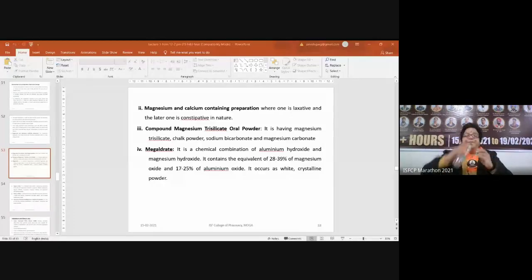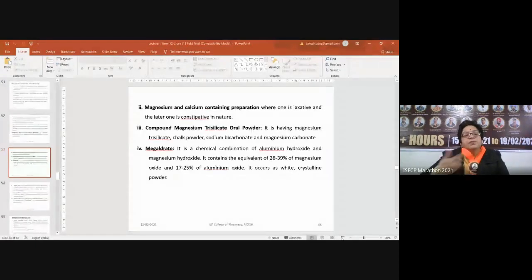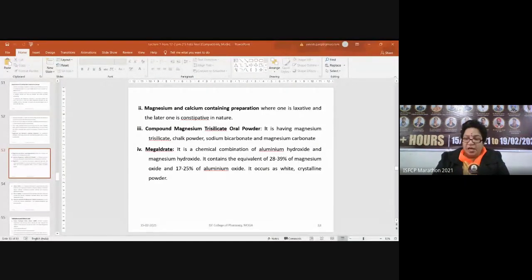There is one more thing that is used, that is simethicone. Sometimes there is a problem of gas, and it is used as an anti-flatulent. What happens is that many times a lot of gas starts to be secreted. Category-wise, it is a defoaming agent. So this simethicone is put in preparations you can see in the market, like Gelusil, Digene, and the syrups. So it is the defoaming agent and you can call it an anti-flatulent.